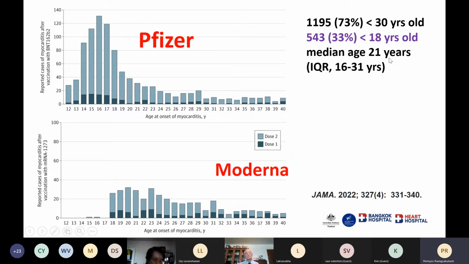And the median age for viral myocarditis is peak at the patient with 21 year old. Okay, and the incidence is about less than 18 is about 30%, less than 30 is 73%. So it's peak at the age of 20 to 21, and 82% is happened after the second dose. Okay,